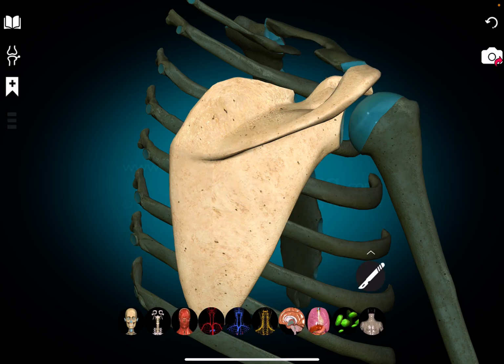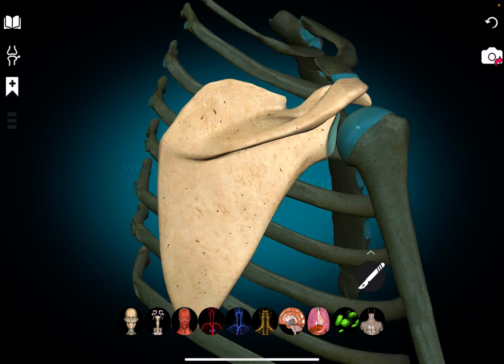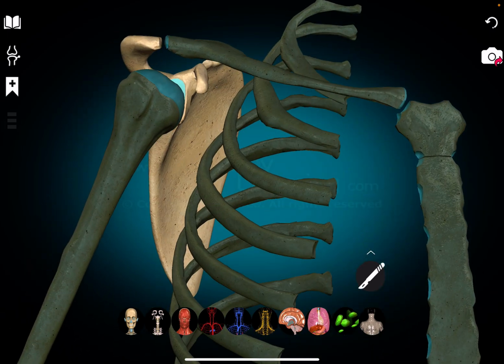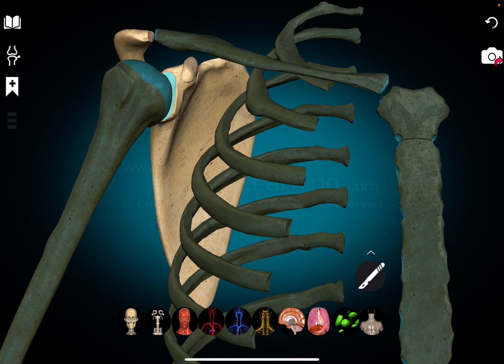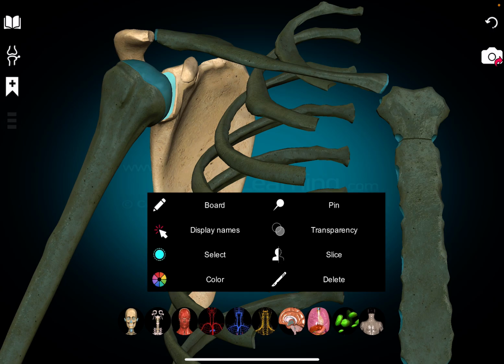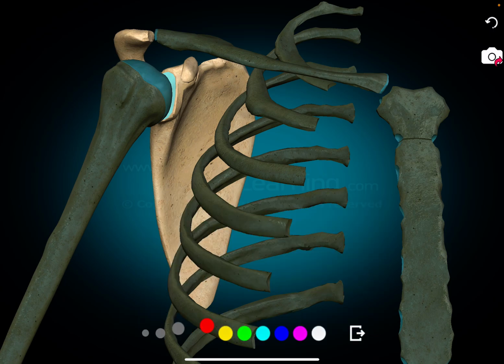Now we will turn the scapula around like this, and one of the first things we will like to draw, in this turned around scapula, is the serratus anterior muscle, which arises from the medial border like this. From the medial border it comes around and attaches to the ribs. So as it does this, it will actually pull the scapula forward,